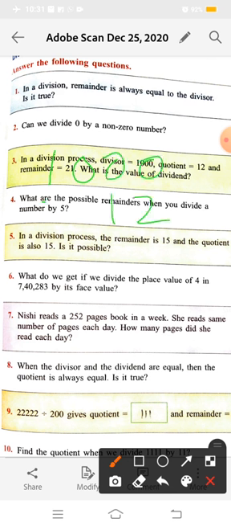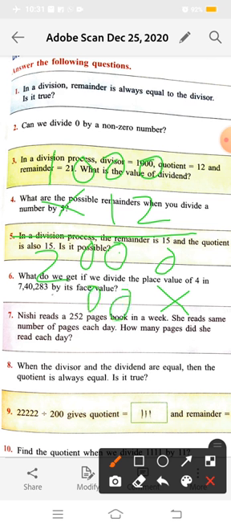See again, firstly we will multiply the divisor with quotient. 2 zeros are 0, 2 zeros are 0, 2 zeros are 0, and 2 ones are 2. Now 1 zeros are 0, 1 zeros are 0, 1 zeros are 0, and 1 ones are 1. Now we will add it. So 0 plus 0 is equal to 0, 0 plus 0 is equal to 0, 2 plus 0 is equal to 2, and 1 means 1.